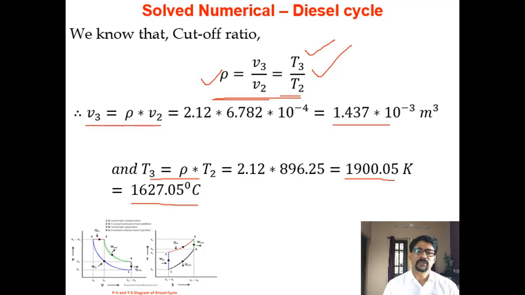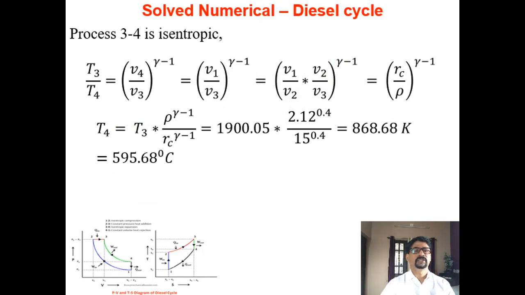So as I told you earlier in one of the lectures, always in case of air standard cycle numericals, though you get the temperature answer in Kelvin, better you express it in Celsius also, but be careful. If you require to substitute it at a later stage, then substitute it in Kelvin. You have to be extremely careful. Okay, don't substitute it in Celsius.